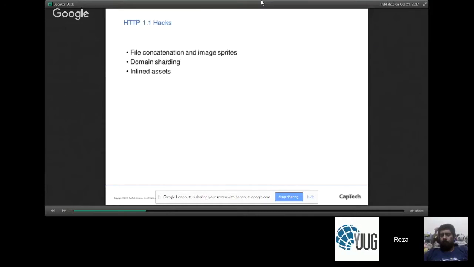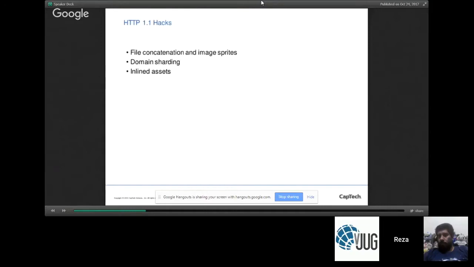Domain sharding I already talked about. Basically, this is to defeat that limit on the number of concurrent connections to a server. And the way you do that is you distribute your resources across multiple servers. And inlined assets is very, very similar to image sprites. Instead of concatenating, you actually embed whatever it is that you need within your web page.